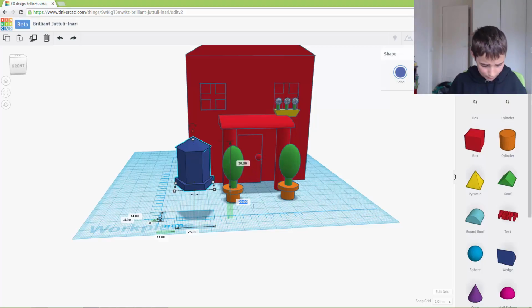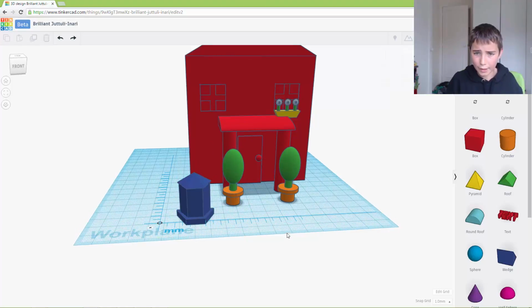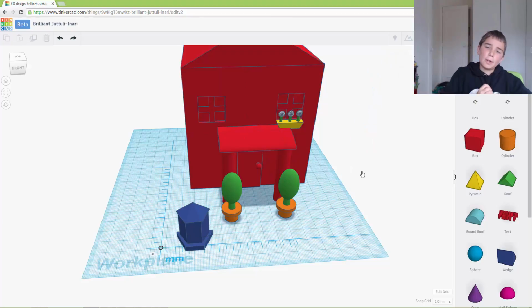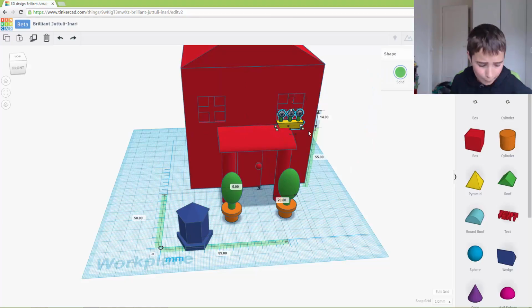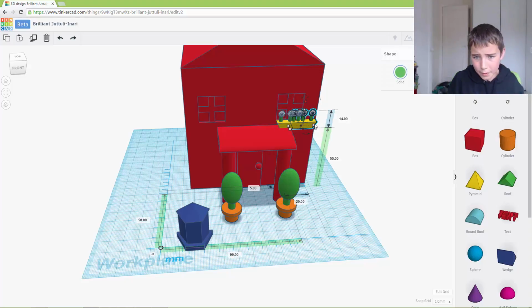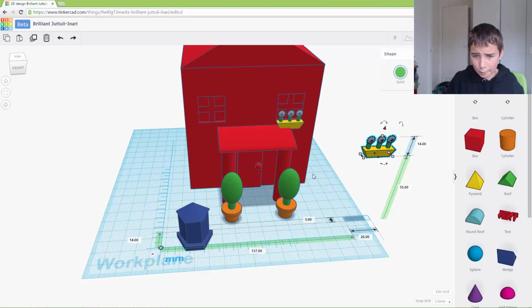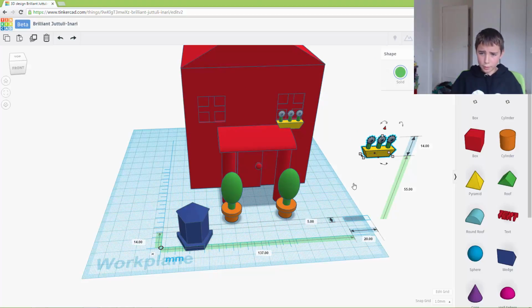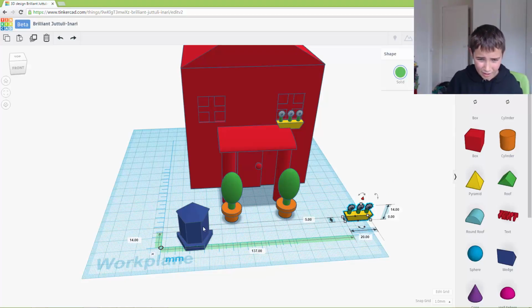Now what I'm going to do is place it on the ground, and add some flowers. So I'm just going to ungroup our house. Loading, loading. It might take a while because it's quite a big thing. Now if I grab my flower pot and copy and paste it, we can regroup the house. Just wait for it to load. Okay, now if we put that on the ground,